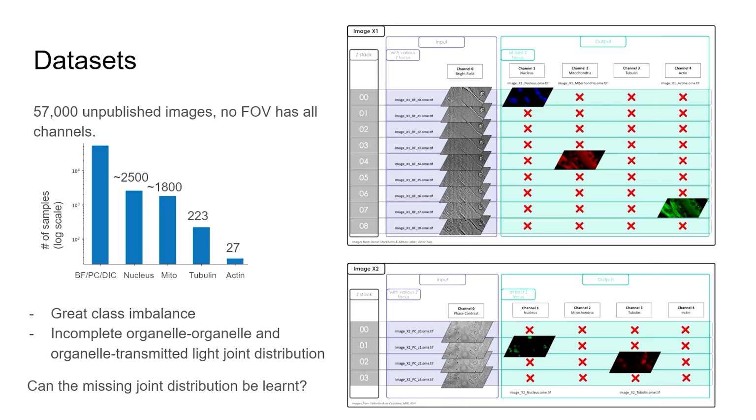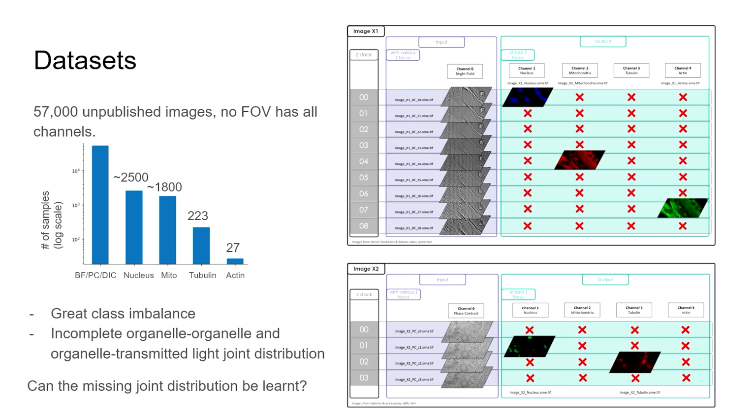From the distribution of the training data set that was offered to us, in log scale, you can see obviously that actin is 1/10 of the data for nucleus, which means that you have very much reduced capacity to model anything for actin. So there's a great class imbalance. And you can see here also that there are different combinations for each field of view or each study in specific, which means that there are many incomplete organelle to organelle and organelle to transmitted light